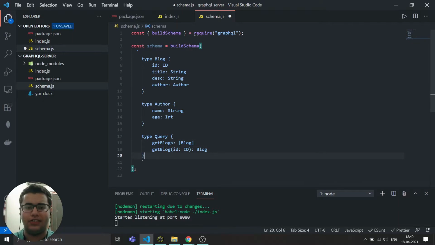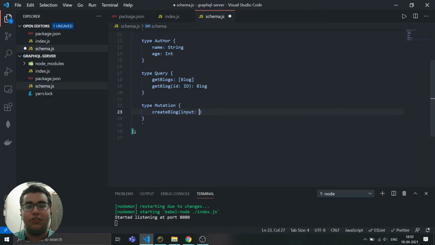So that's done. Then what do we want to write next? The next thing is mutation. So type mutation, and in type mutation we are going to create a new blog. We will be writing createBlog, and createBlog will take an input. And what is the type of input that it will be taking?